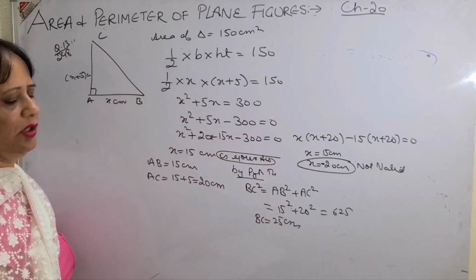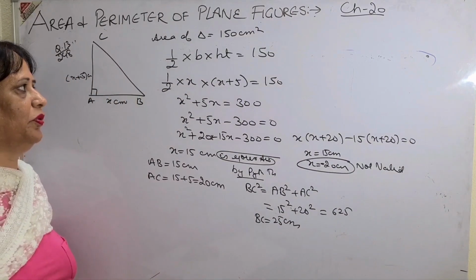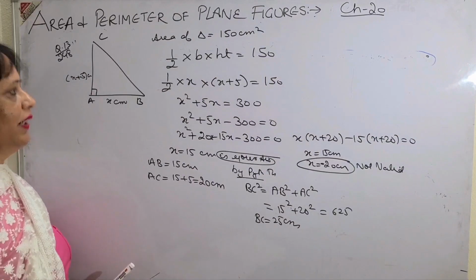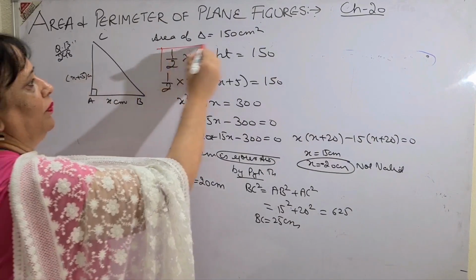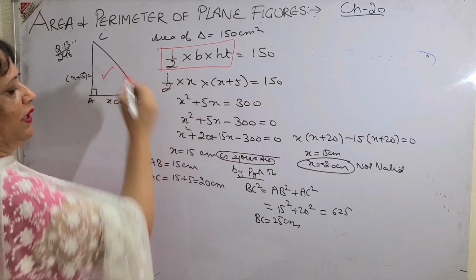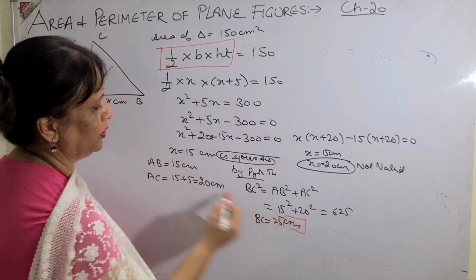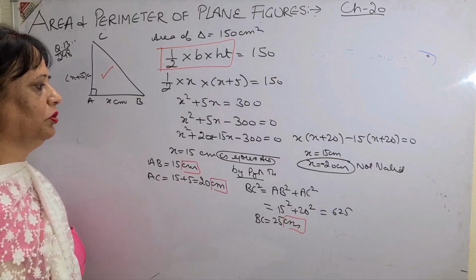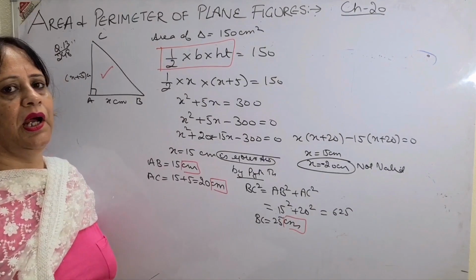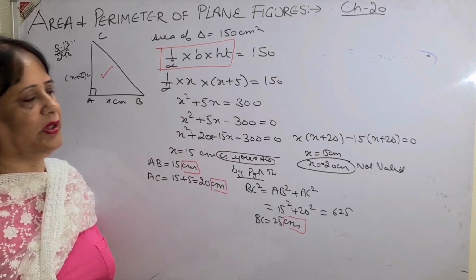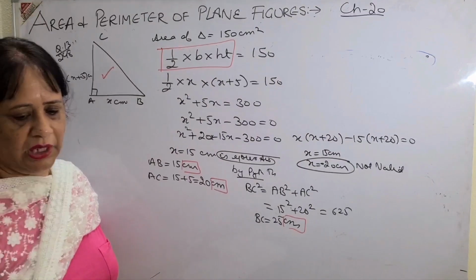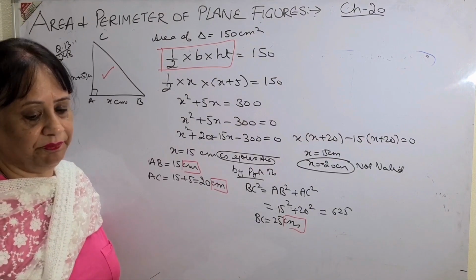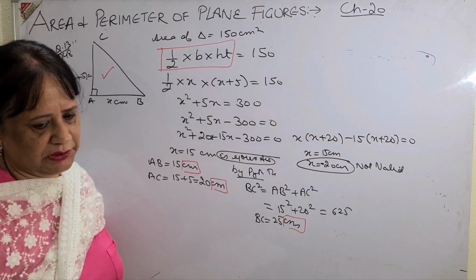So you see children, all the concepts I have explained before and I have used them only. Again, just to highlight, formula used, figure made, all the units mentioned. So you know what to do, where to do, and if you want full marks and full return of your hard work, you have to follow this. You have to follow very nicely also. Then come to the last question.